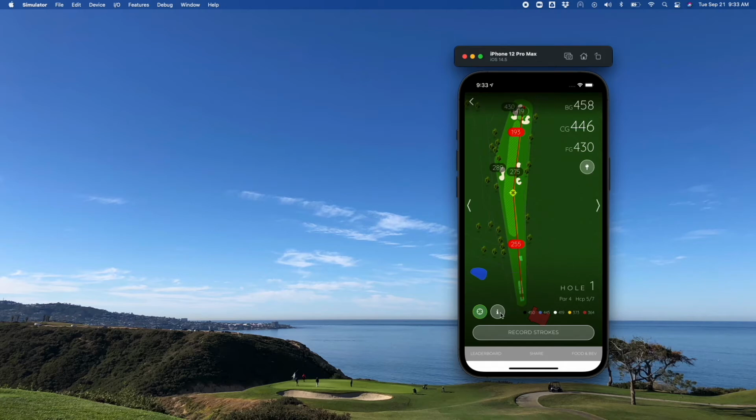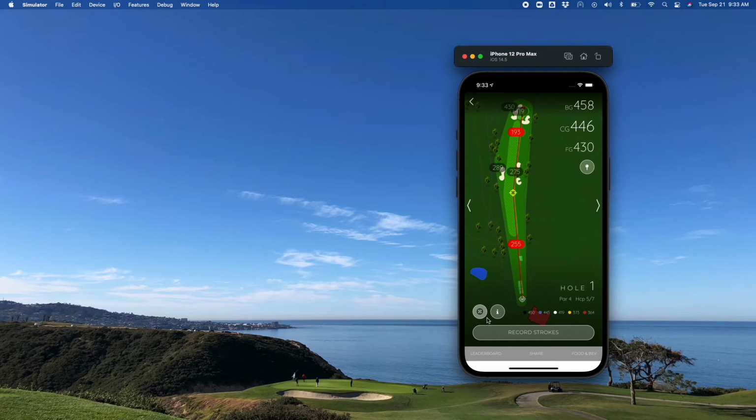One other thing I almost forgot is this little green button down here. This is a GPS status indicator. So if we're grabbing your location, sometimes the phone gives us a weak signal and it needs to get a little bit stronger. This will turn from red to yellow to green when you can actually trust the yardage that we're giving. If you want to turn off GPS completely, just tap on this button and it's off, and we are no longer